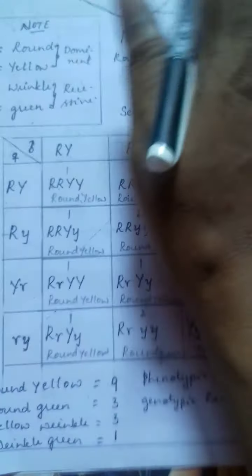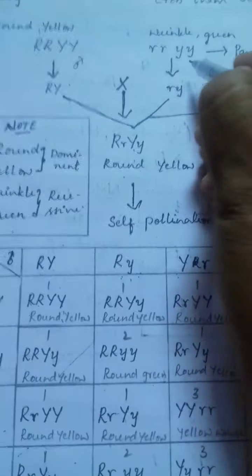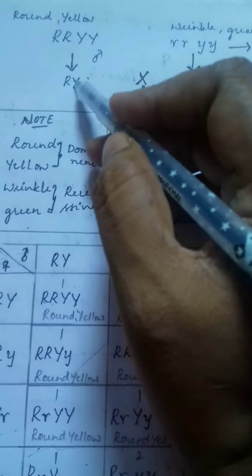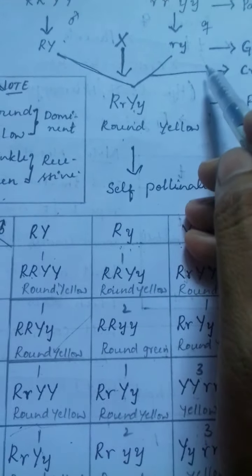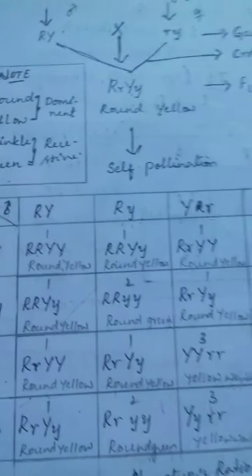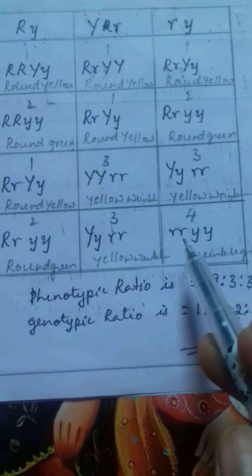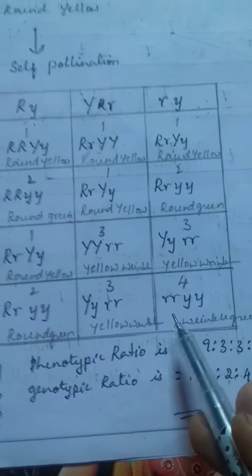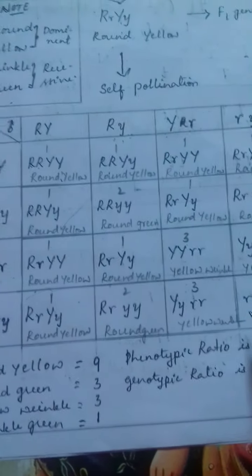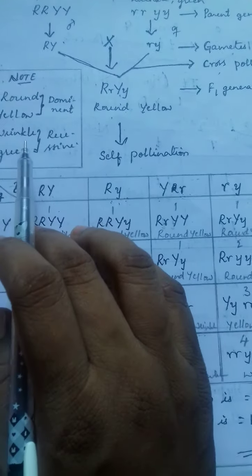Children, here we have to see law of independent assortment means nothing but here each and every character at any point of time it will become a dominant. See, small r and small y we took as a recessive character. This is a male and this is the female, and these are the dominant characters and these are the recessive characters. So even the recessive characters at one point of time they will become a dominant. That means in a pair of characters, each and every character itself becomes a dominant.